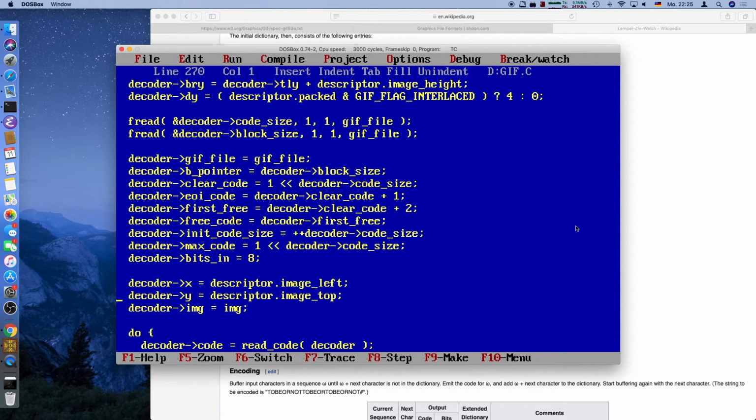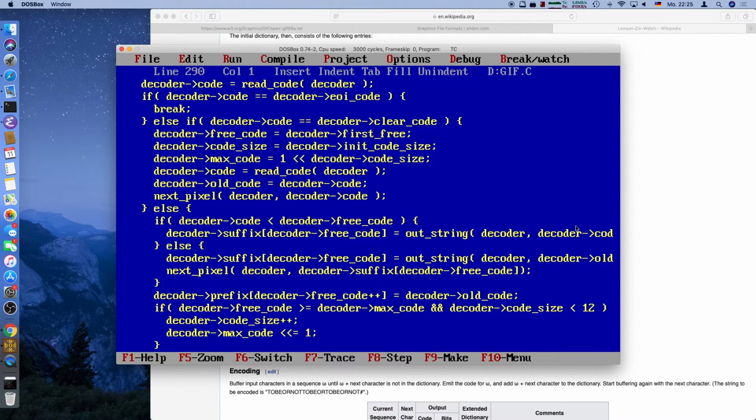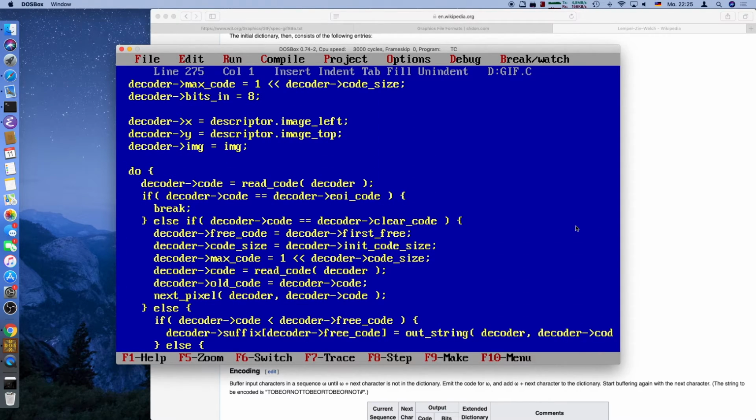Okay, back into the hell down here. So there is a lot, as I said. First of all, end of image code, we didn't get that. Second of all, we could encounter the clear code. If the clear code happens, we are doing the same that we did above. The free code gets reset to first free, the code size gets reset to init code size, max code depends on the current code size, and we can read the next code,